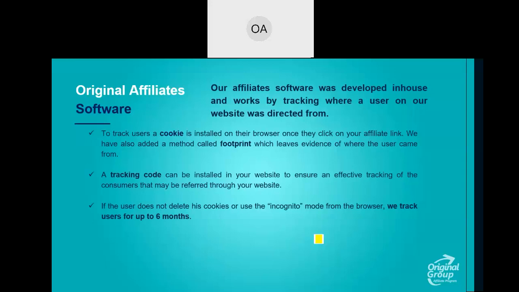So again, due to improvements that we're trying to make, right now the cookie has a life period of 6 months. So if one of your users visits our website through your affiliate link, but does not necessarily book a reservation, and 3 months down the line, they end up going to our website, keep in mind,